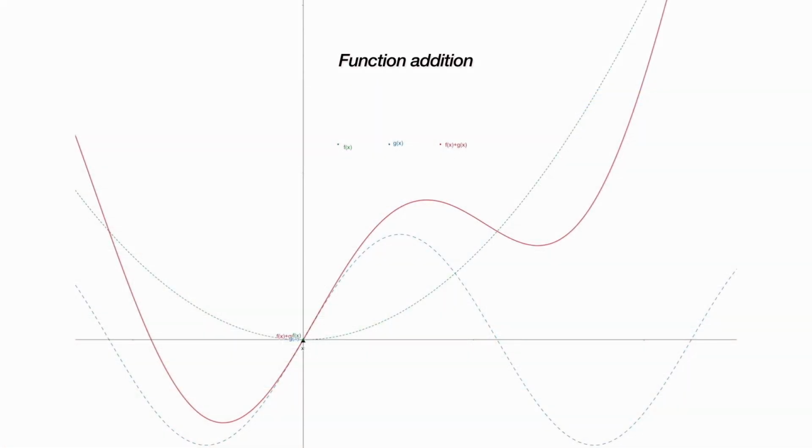Okay, function addition. So you have the green line, which is f of x, you have the blue line, which is g of x, and you have the red line, which is actually already pre-computed, f of x plus g of x. So what I told you is that output of green plus output of blue is what makes output of red. So if I move x, you can see that these three lines on the top make up, when you add them or subtract them, the red one. This is the meaning of function addition in a geometrical sense.